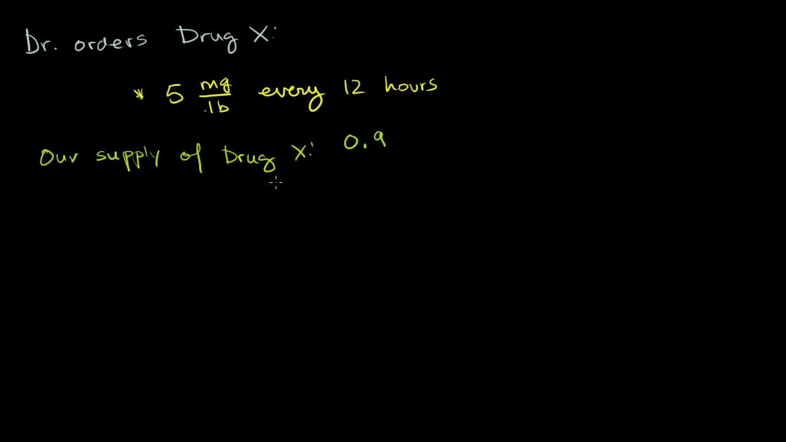I'll write a 0 in front. My wife, who is a doctor, says it's essential to write the 0 in front of the decimal. We have 0.9 grams per milliliter of solution. So if I were to take 1 milliliter out of my solution and give it to someone, I'm essentially giving them 0.9 grams of this drug. And then the final piece of information we're given,